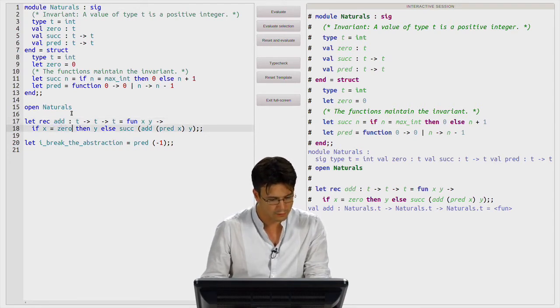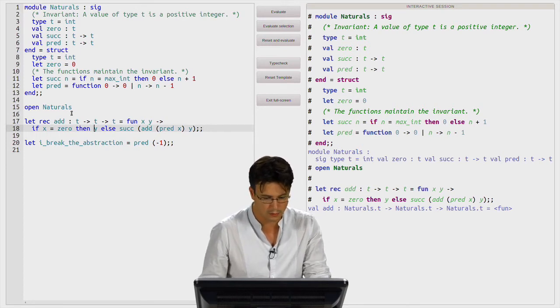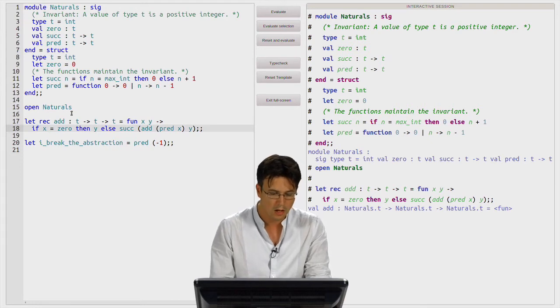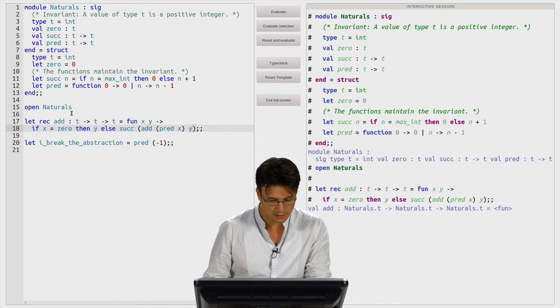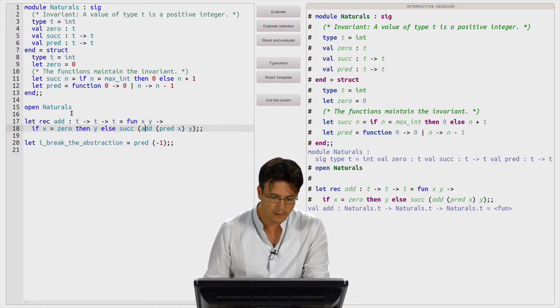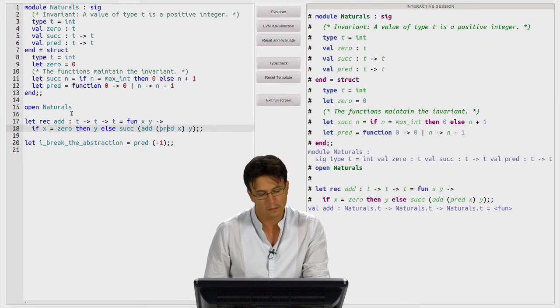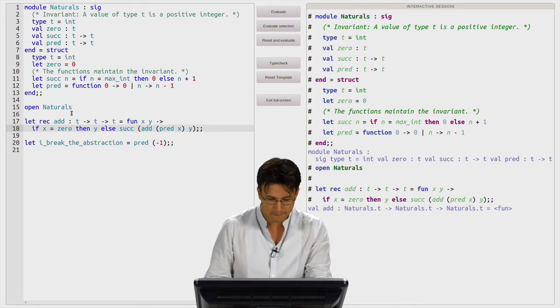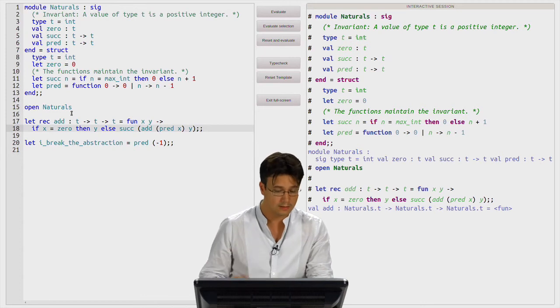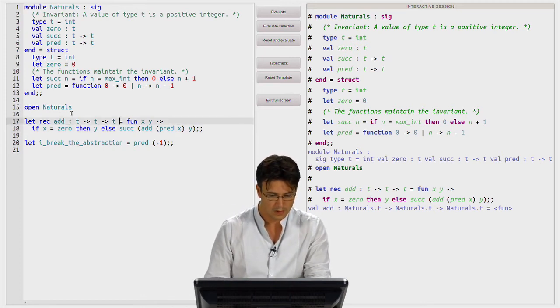If x is equal to 0, you return y, because 0 plus y is equal to y, and otherwise you call yourself recursively by computing x - 1 plus y. And finally, you take the successor of this natural number to get the result of the addition. So this is working well. The problem is